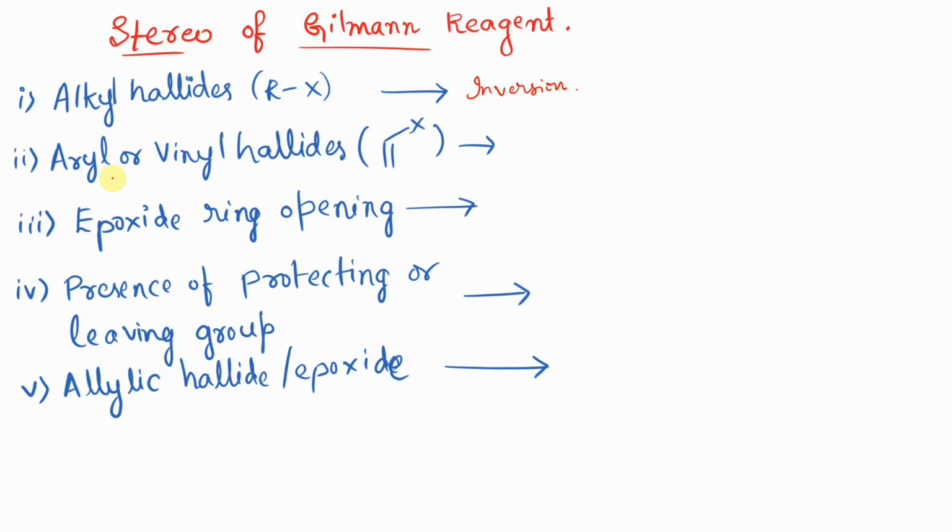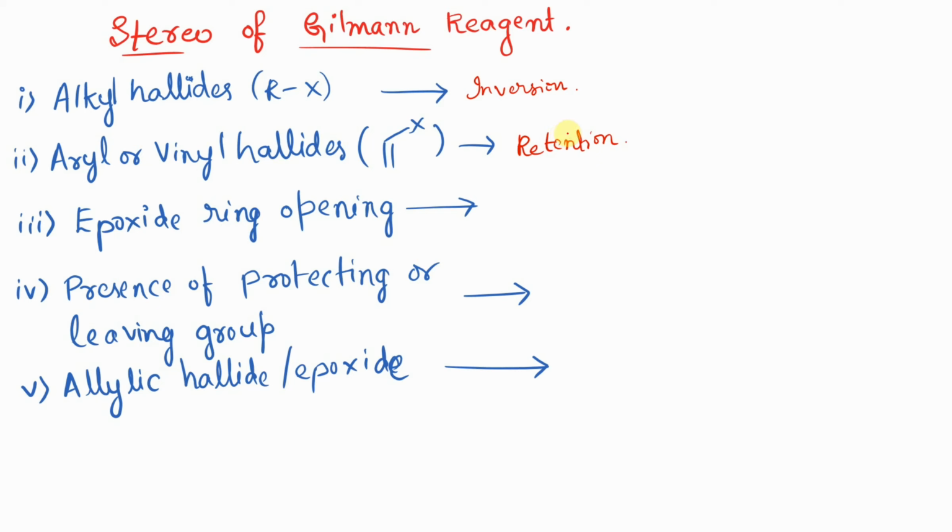So what is inversion in configuration? We learn more about it in stereochemistry classes, so if you have an idea about that, that will be good. When alkyl halides are treated with Gilman reagent, the lithium or copper group present in the Gilman reagent breaks the halogen-carbon bond, inducing a carbanion on the alkyl group. Similarly for aryl or vinyl groups, but here, instead of changing the configuration, it retains the configuration. So the stereospecificity here is retention in configuration.